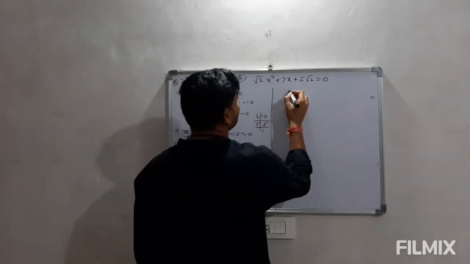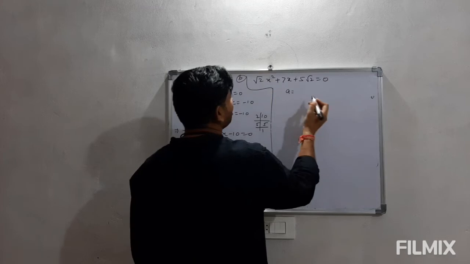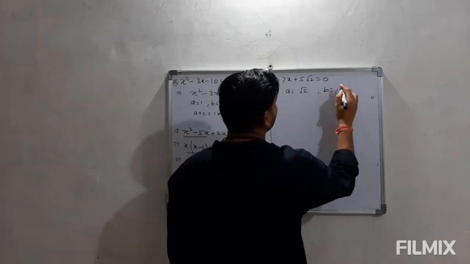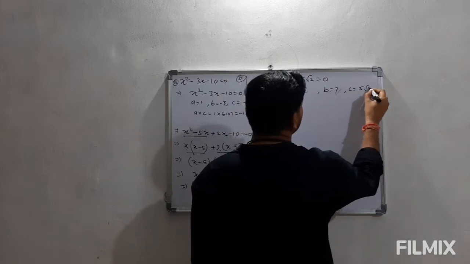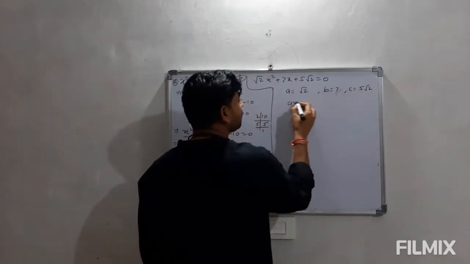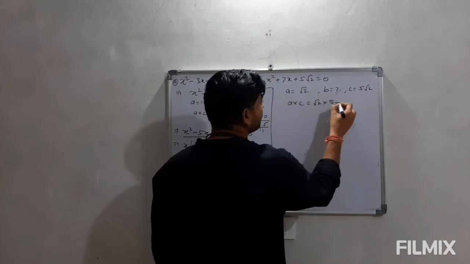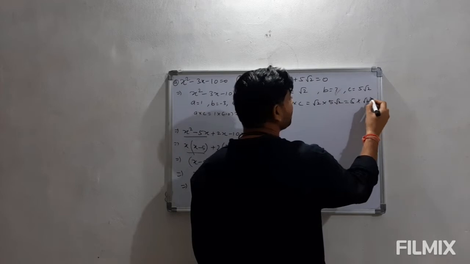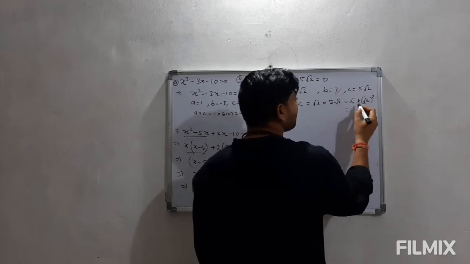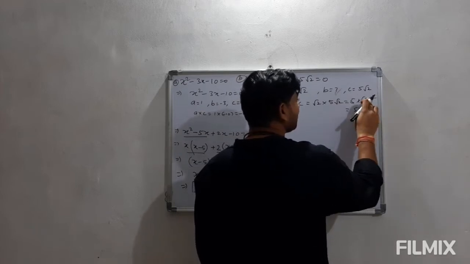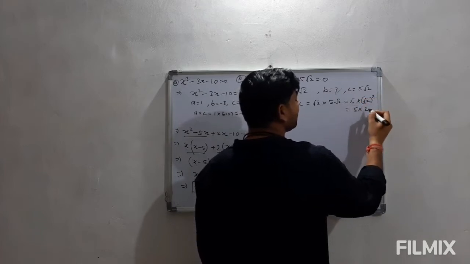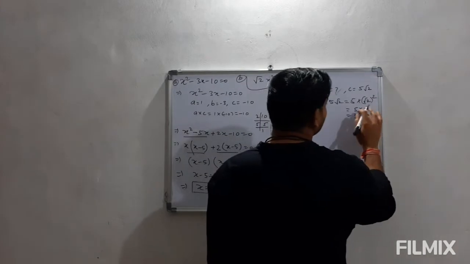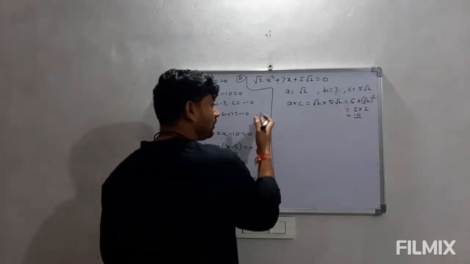Now come to this. Here clearly we have the value of a as root 2, the value of b is 7 and the value of c is 5 root 2. As I told you, we have to calculate the value of a into c, that is root 2 into 5 root 2. When you look at this, we are getting here 5 into root 2 square, and you must have studied in class 9 that square of a number with radical sign is always the number. So this is 5 into 2. So from here we are getting 10, which is nothing but the factors are as it is 2 and 5.